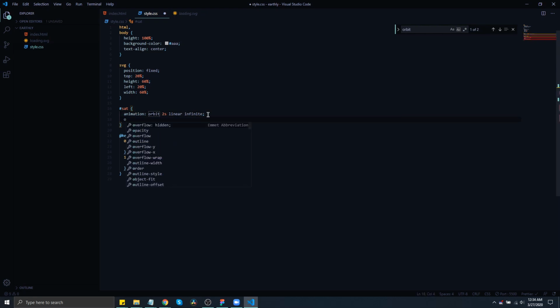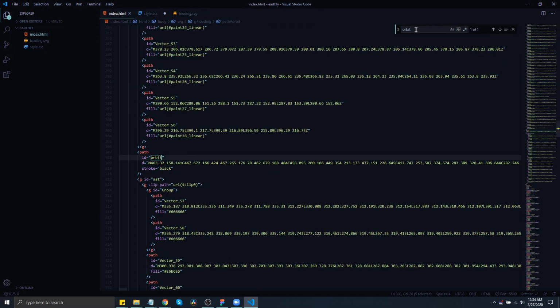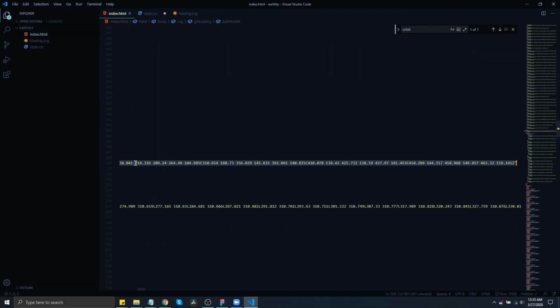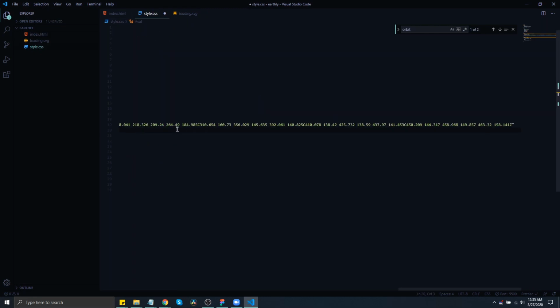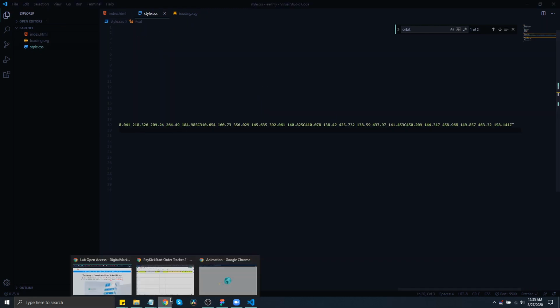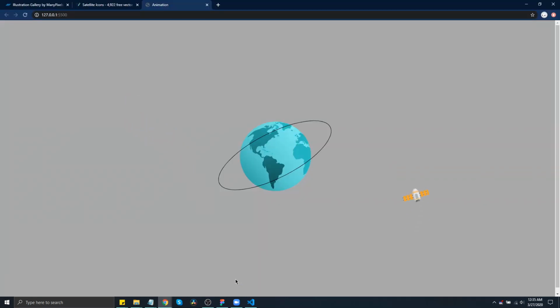We'll add the offset path property. And in this function we have to pass in an SVG path. Let's head over to HTML and search for orbit. Select this value and paste it in an offset path. Save it, and now let's go back to our animation, and as you can see there is some animation but